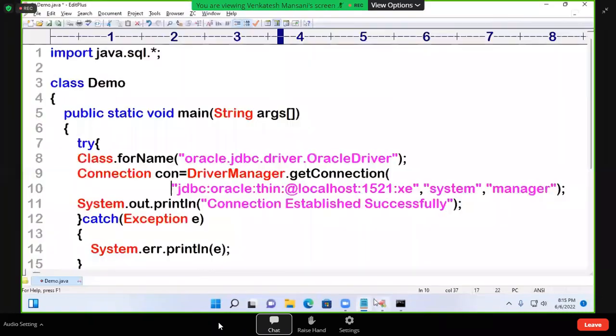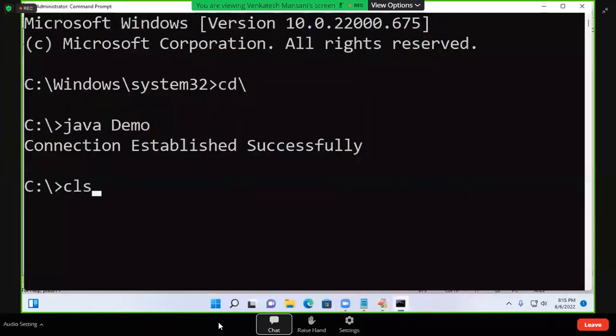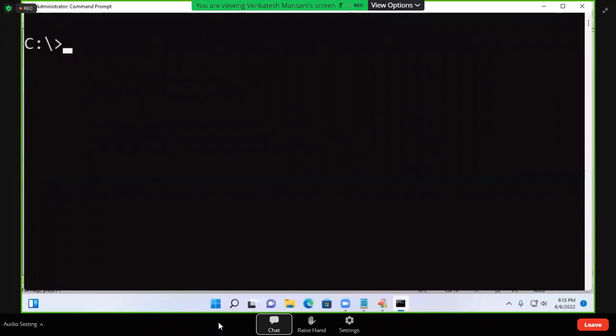After establishing the connection, with this connection we can call methods. With that, we can perform the task. What we have to do, we'll see. Connection library is required. Now, at the command prompt, if you want to see the connection profile, what we have to write? javap